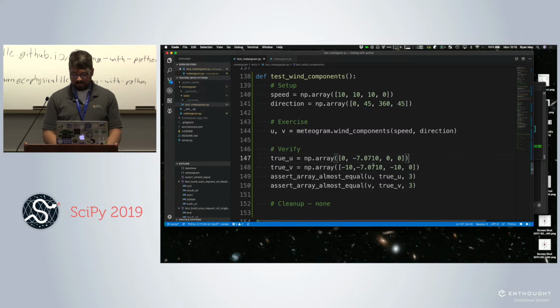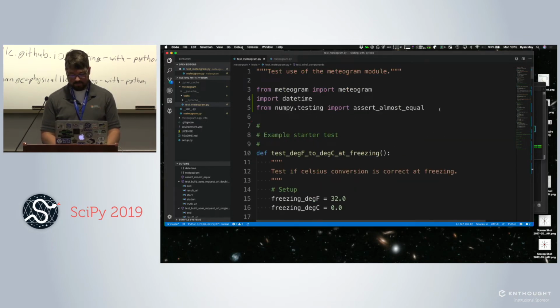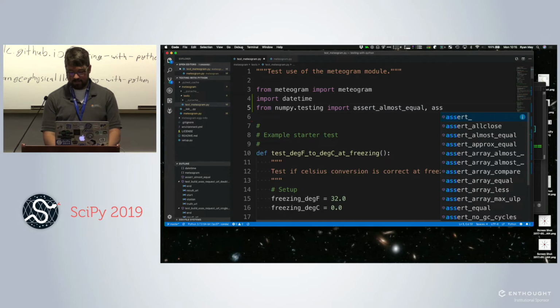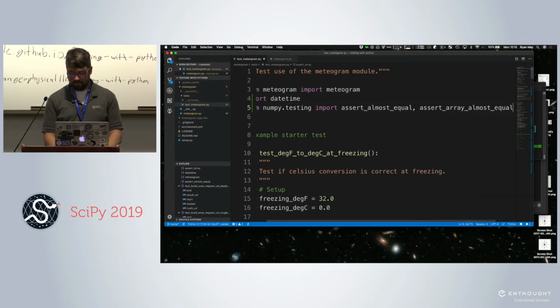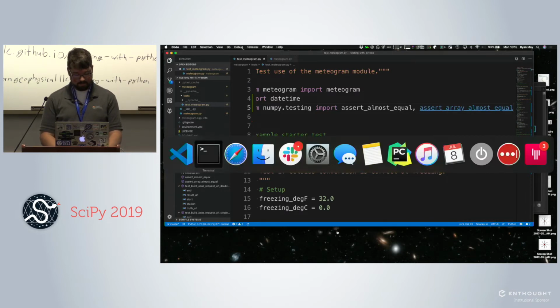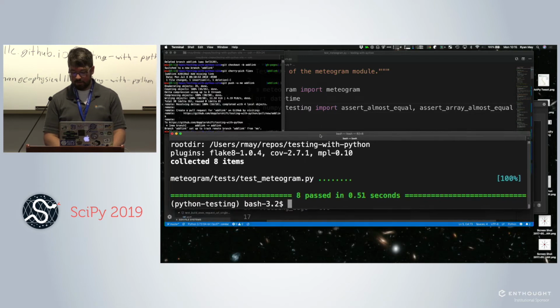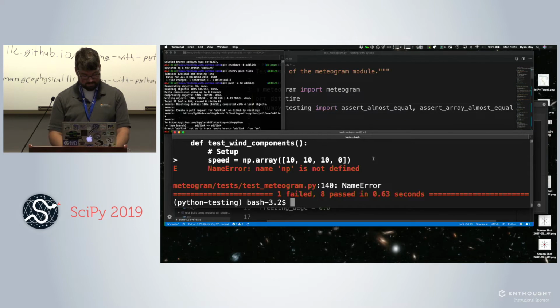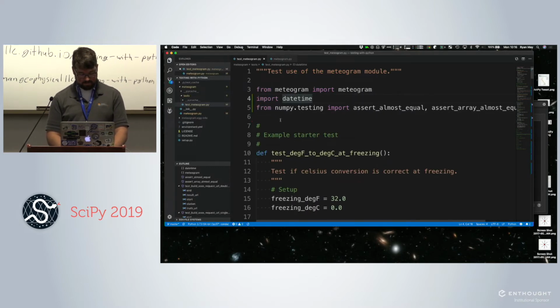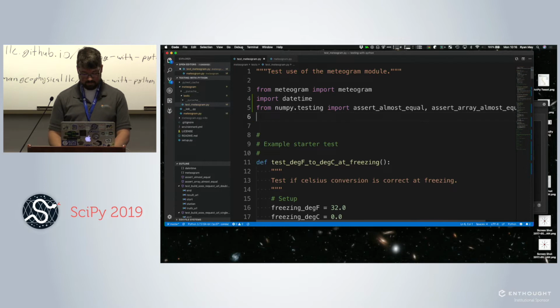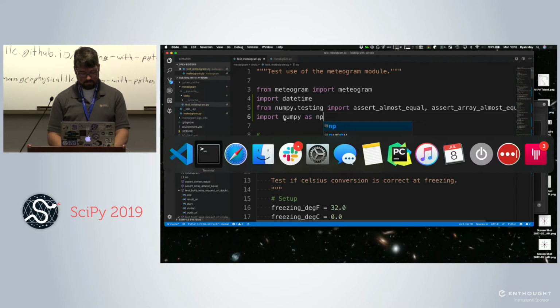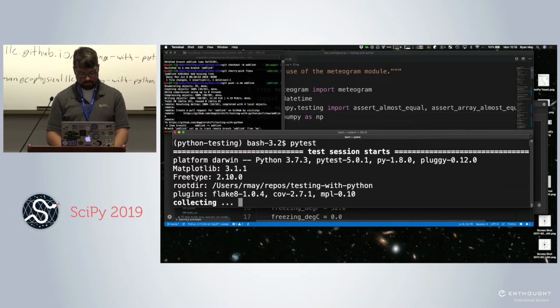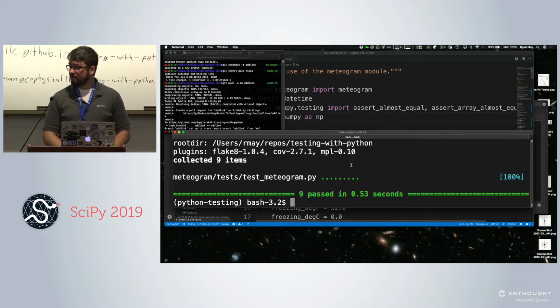So we just need to do one more thing, which is up at the top of this file. We have not yet imported assert array almost equal. So I'm going to run this, and then I'll go back to the code so you can see it if you need to finish it. Okay, we have not imported NumPy in our testing. So import NumPy as NP. Okay, there we go. So now we have 9 tests that are passing.